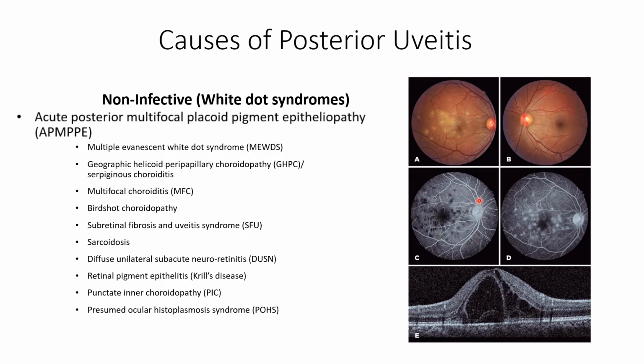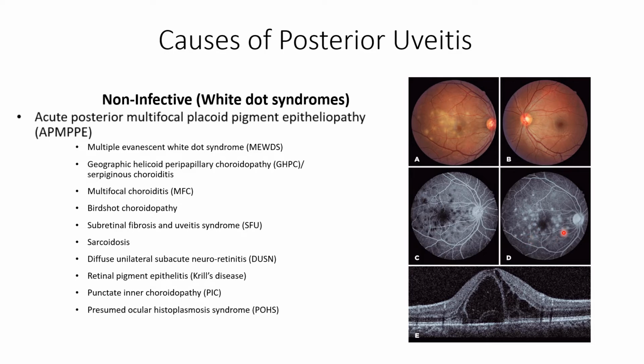angiography, fundus fluorescein angiography, we can see in the early phase there are dark spots corresponding to the area of inflammation, indicating the masking of the fluorescence coming from the choroid because of the opaque overlying tissue, which is choroid and retina. And then in late phase it changes to a situation where these dots become hyperfluorescent because of the leakage and